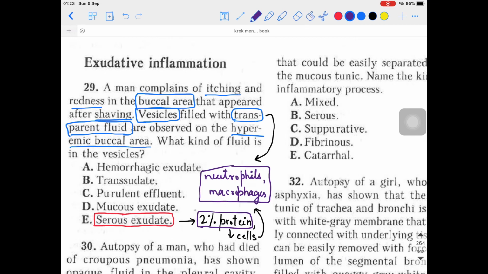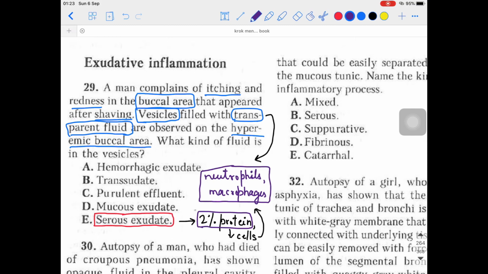I told you the content. This serous exudate contains about 2% of protein, which makes it transparent, and that's how you can identify it, and the cells are very few. For example, which kind of cells am I talking about? Neutrophils, macrophages. Sometimes they ask you the cells also, right? Now, outcomes are okay for this one, because outcomes are favorable.